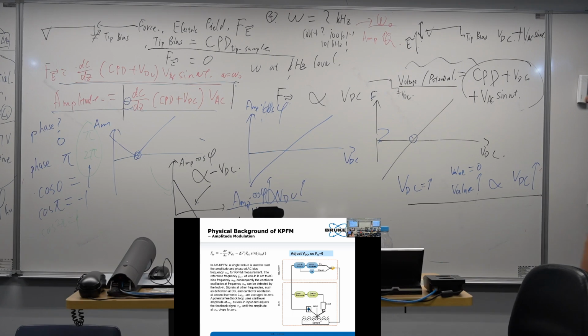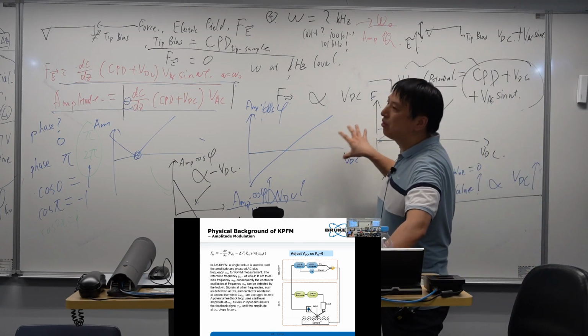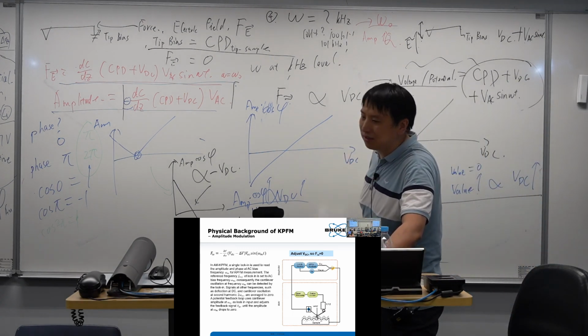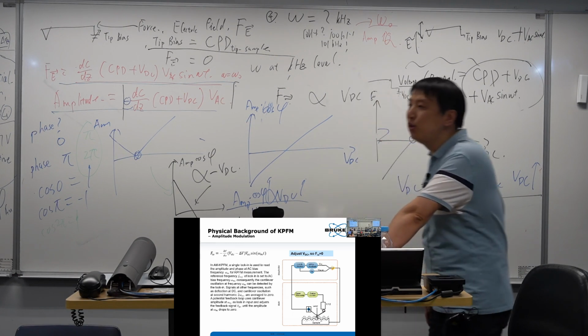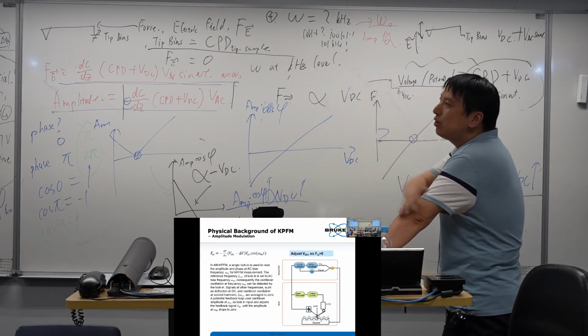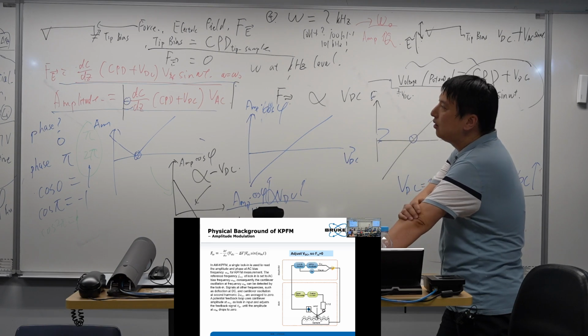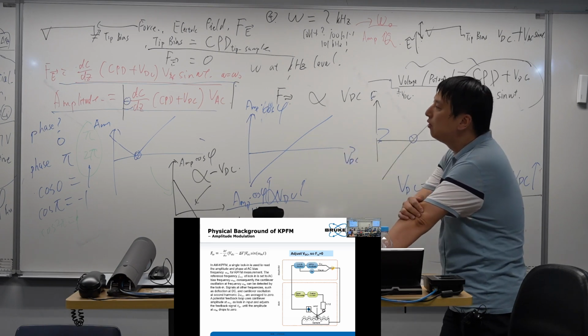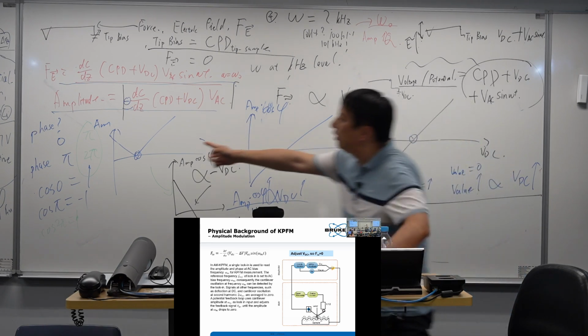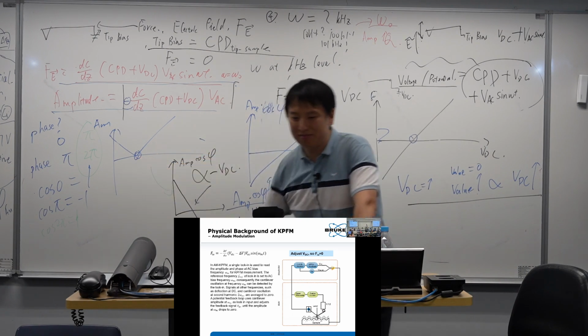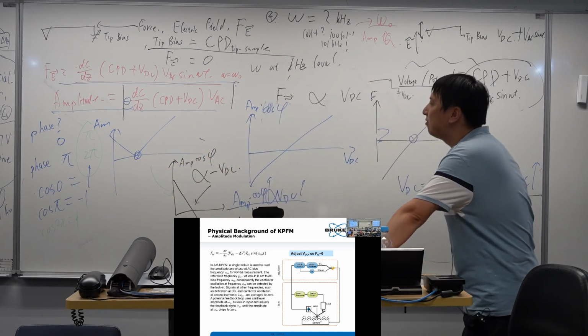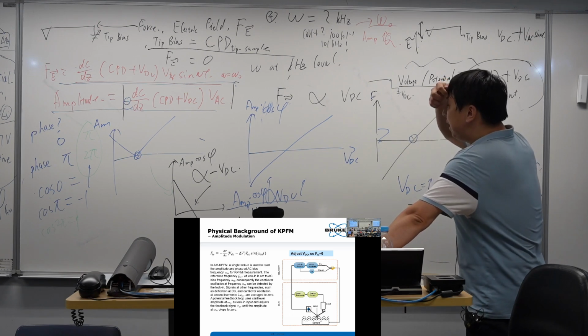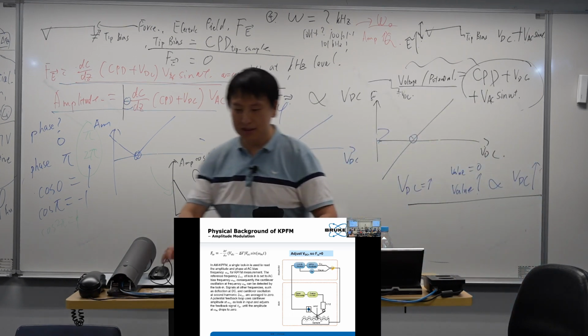So we don't need to confine ourselves by those technical details. Maybe in the future, you guys design the algorithm for KPFM, you can use this way: find the lowest points. That's easy. Okay, so that's the